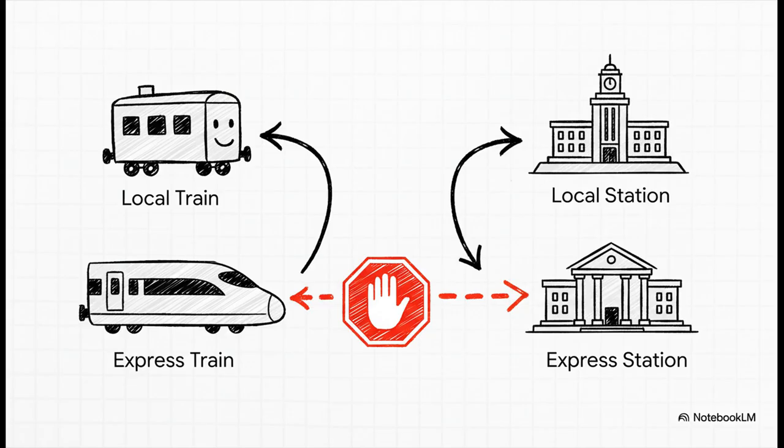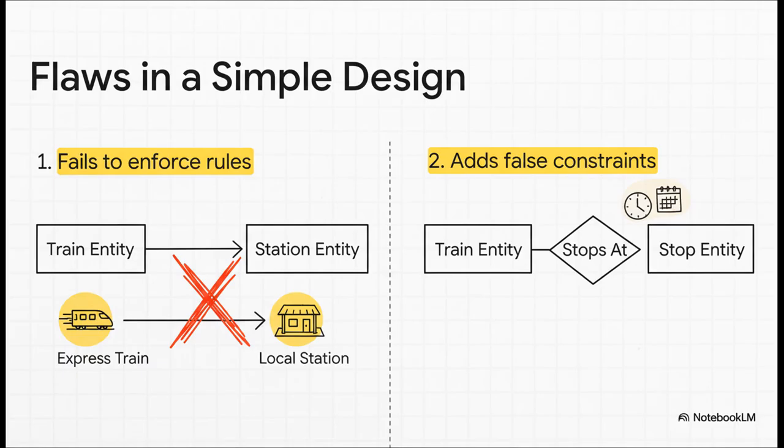We've got two types of trains, local and express, and we've got two types of stations, local and express. Now, a local train can stop anywhere it wants, but an express train, well, it's exclusive. It can only stop at express stations. That's the rule. So if you took a simple approach, like just adding a type column to your tables, it